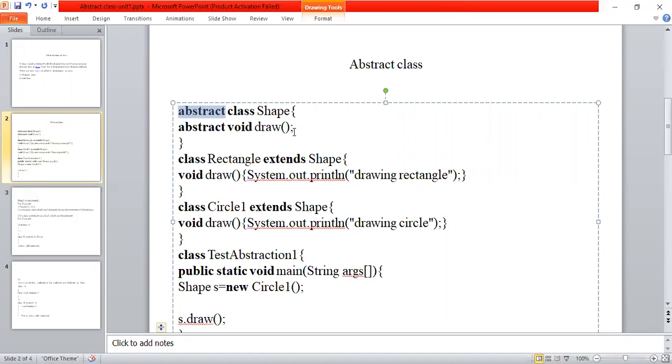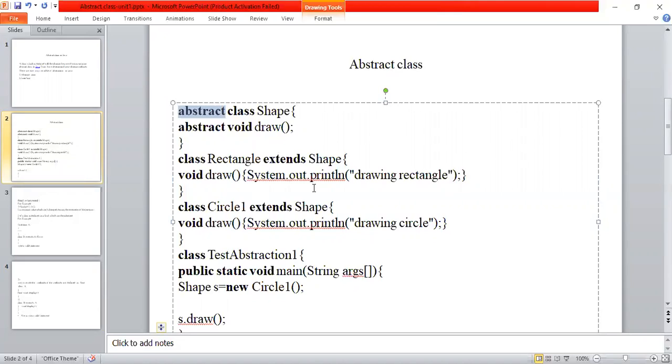Just now I told that an abstract method is a method which doesn't contain any body. See here, this draw method doesn't contain any body. It simply contains the method name. So that is called an abstract method. This body we can implement differently in different classes. Because of that, we are using this abstract class.